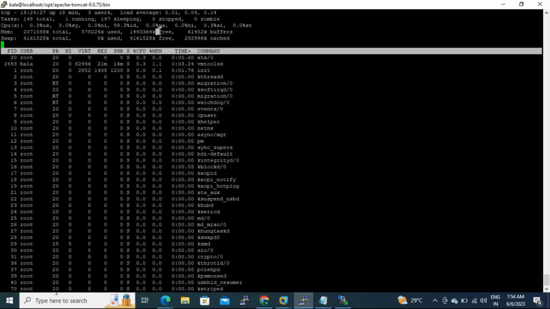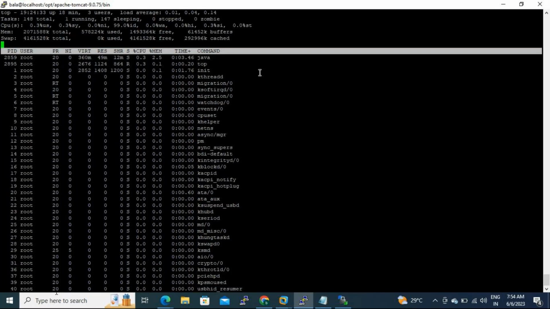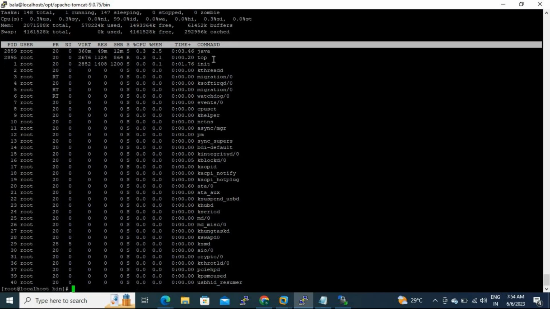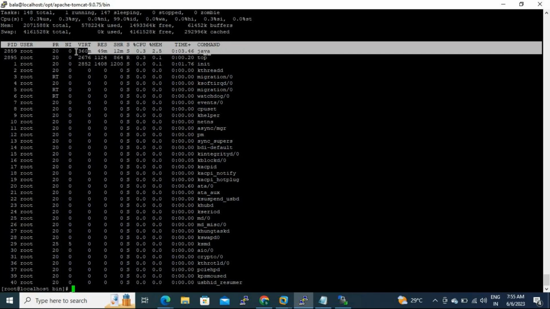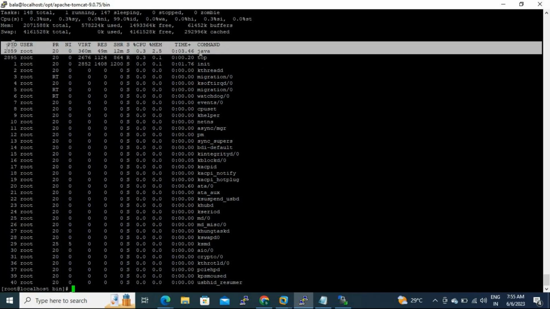If you do not have free memory, you have to identify which instance is occupying more CPU or memory. Press Ctrl+C. See here, this is a Java process. Only Java processes are related to middleware. Other processes are not related to middleware; maybe they belong to other owners. Don't do anything for another process. Take only the Java process. On the left side we have the process ID or PID. Take the process ID